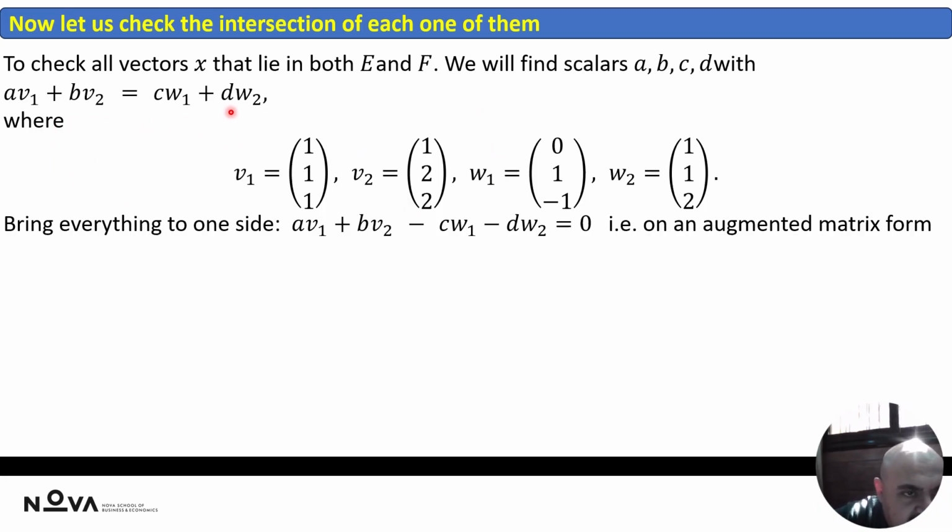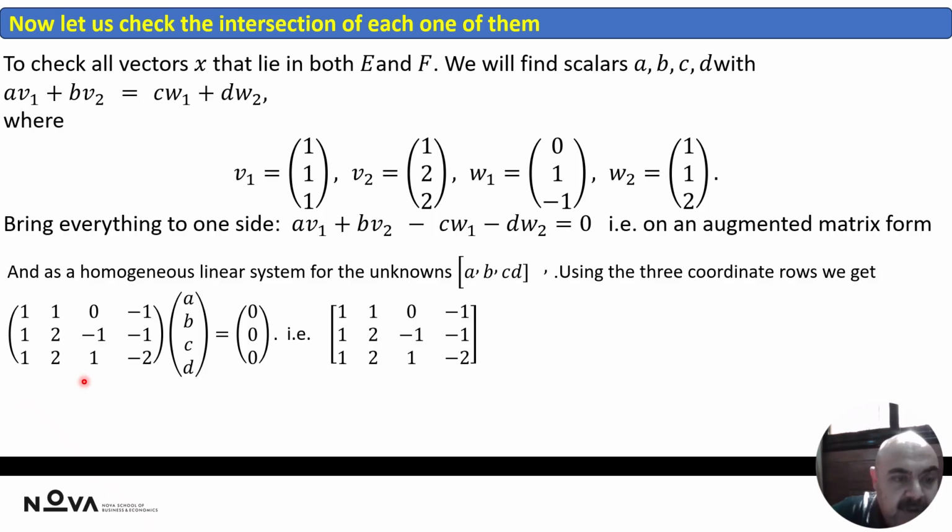If you try to solve this system, it's very, very simple. All I have to do is to move these two terms to the left-hand side. I will have an equation aV1 + bV2 - cW1 - dW2 = 0. Now, this equation can be put as an augmented matrix, and easily turned into a system of equations. That's the system that I will solve in order to find the linearly independent set that exists. Okay, so working them out,